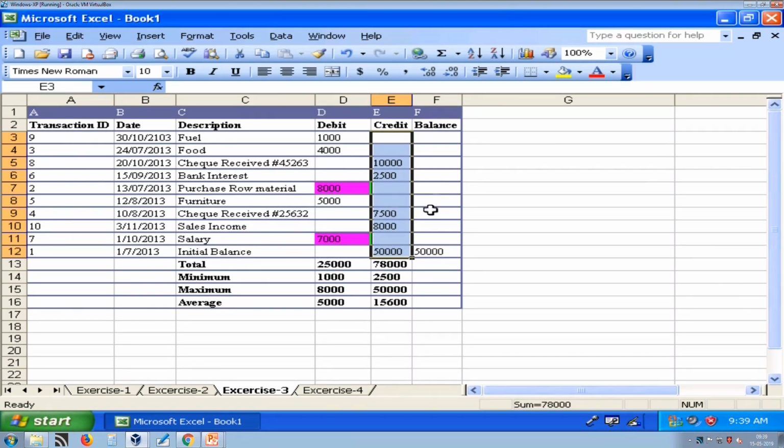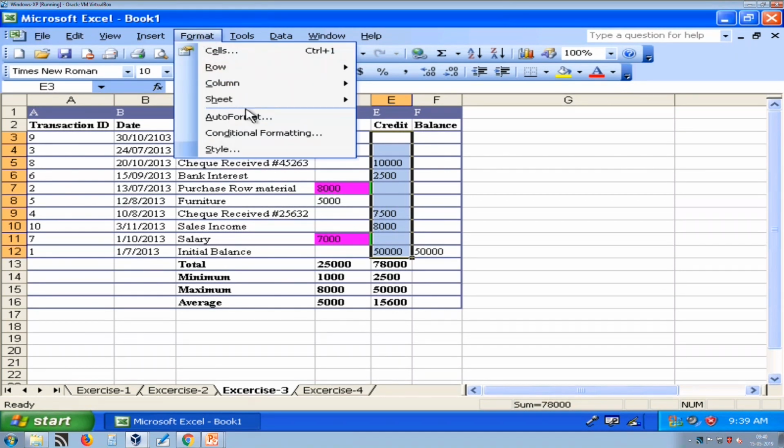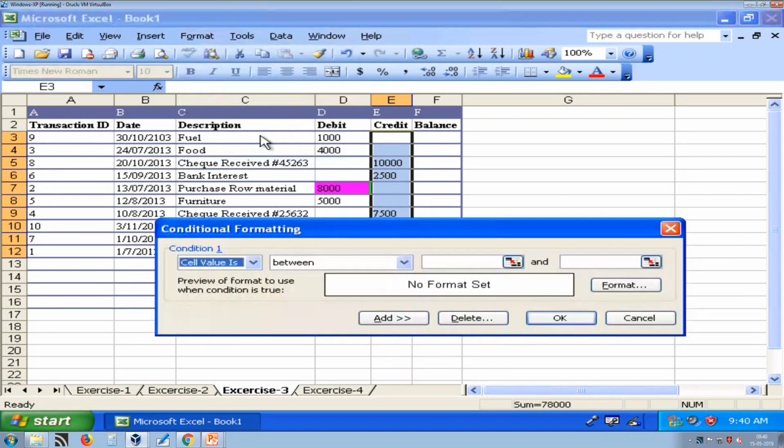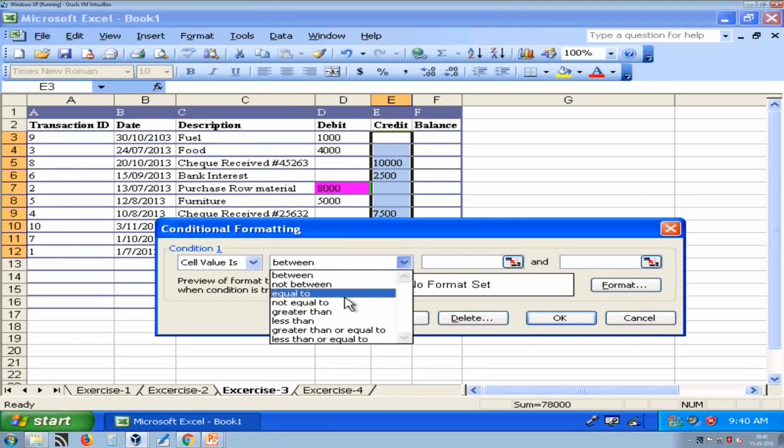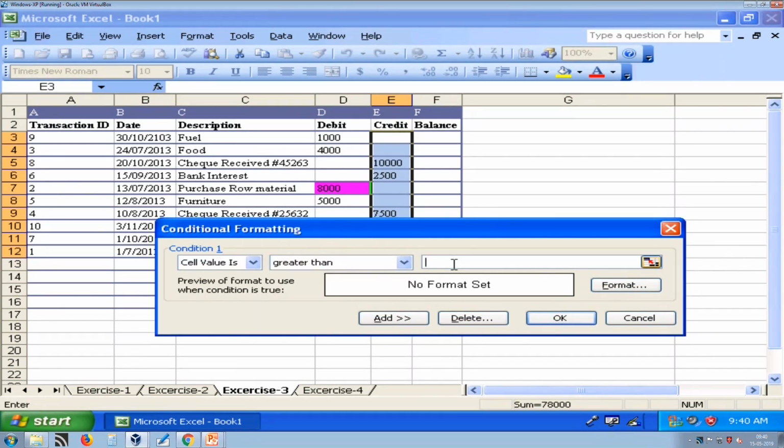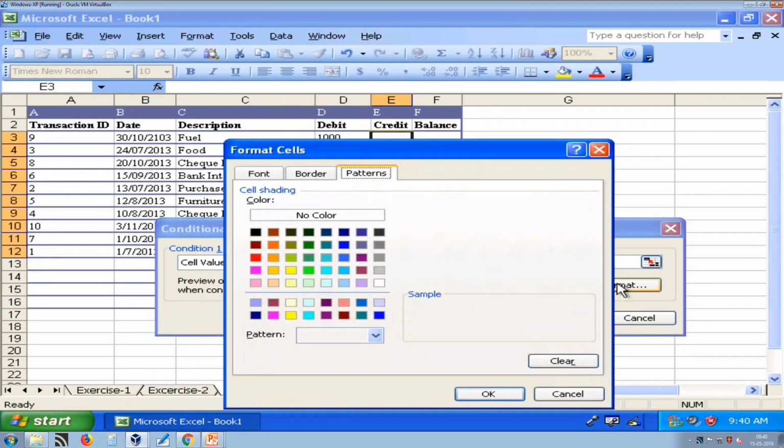Now, in the same way we can highlight income which is greater than 10,000. So, select the range that you want to format, and then select conditional formatting from the format menu. Here the condition is cell value is greater than 10,000, and we want to format that with a green background, or for example a red background.